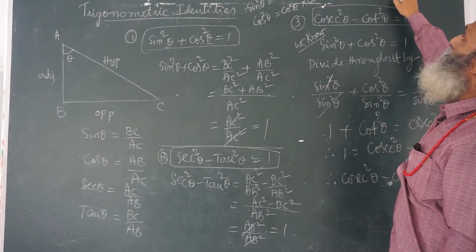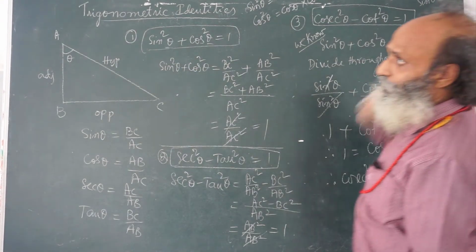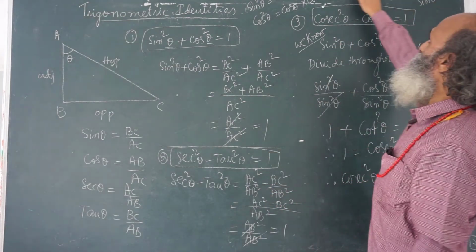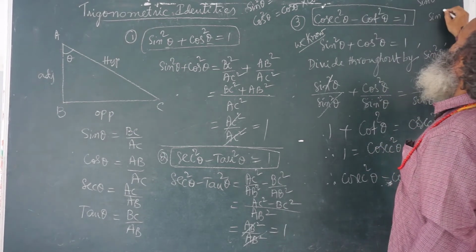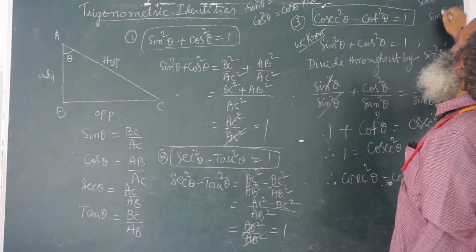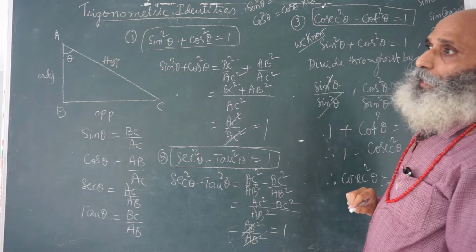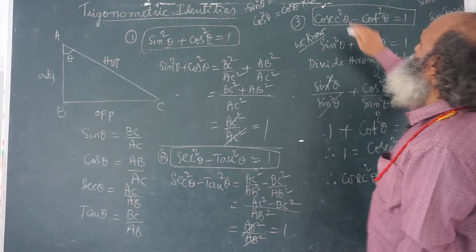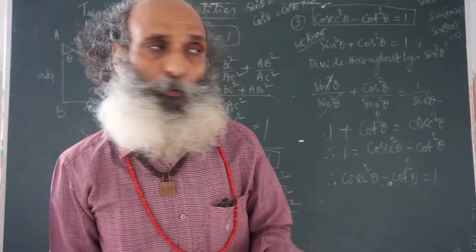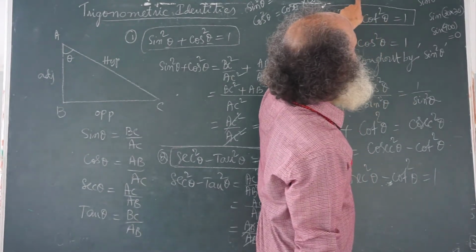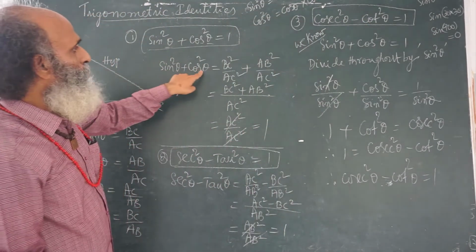Remember, we should write sin square theta, but don't write sin theta square. As an example, suppose theta is equal to 30 degrees. Sin square 30 is sin 30 into sin 30. Sin theta square means sin of 900, and sin 900 has the value 0. Sin square 30: sin 30 is 1 by 2, so sin square 30 is 1 by 2 into 1 by 2, 1 by 4. So don't get confused. Sin square theta and sin theta square are different.